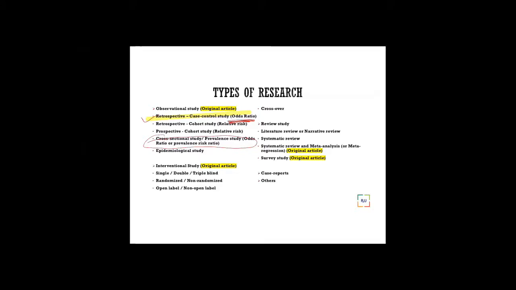Now, epidemiological studies. Epidemiological studies are the studies which will tell you the epidemiology of a disease. It's a huge big word, right? What is the epidemiology of the disease? Epidemiology of the disease will take each and every study in detail, how it looks and everything. But epidemiology means it will tell you the